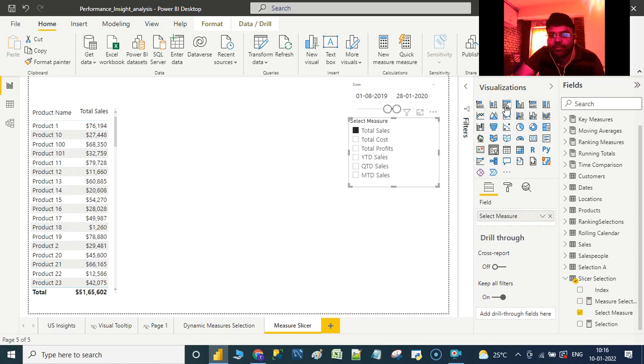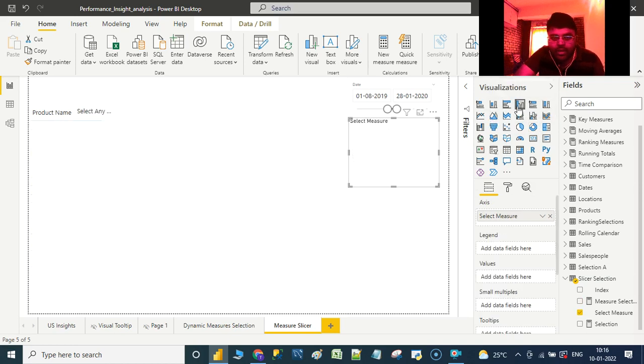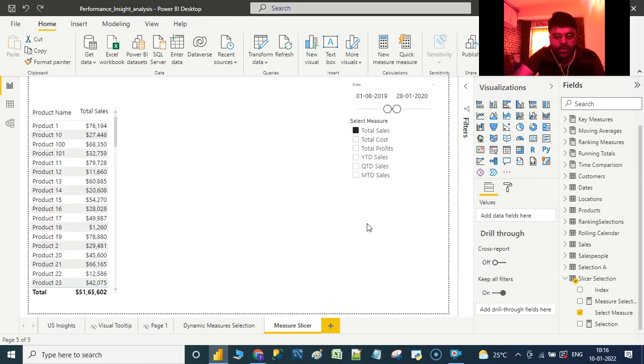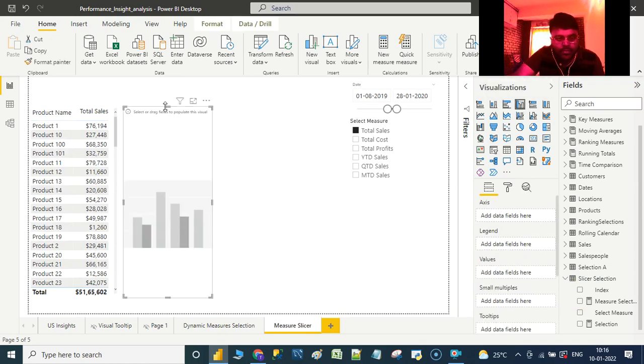If you want to make any sort of comparison, then let us take a bar chart. Let's make it Control Z. Let me take a bar chart.